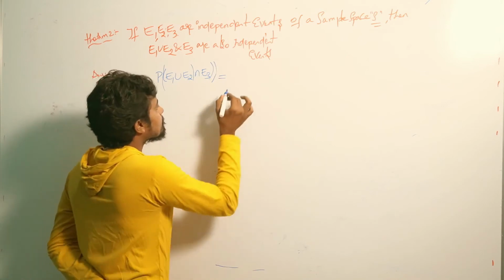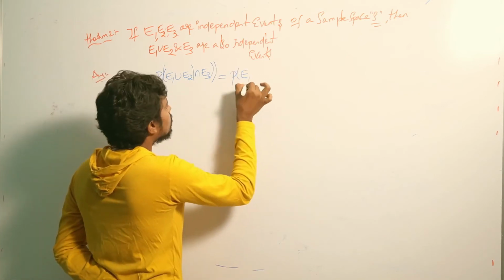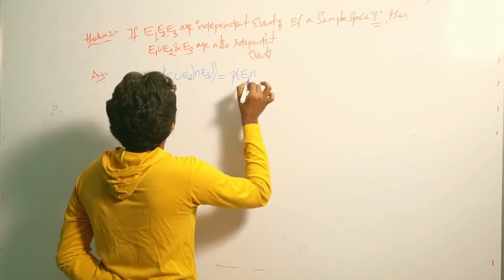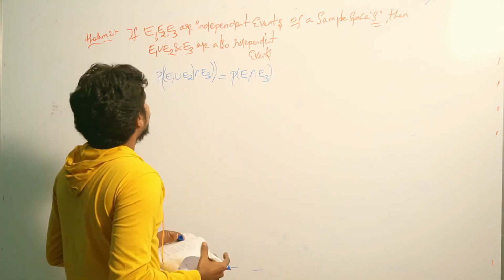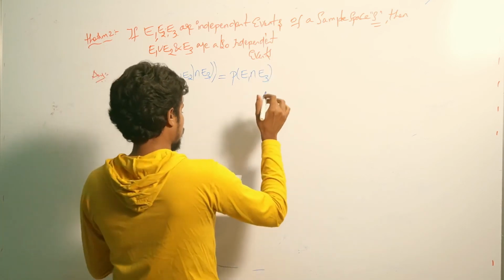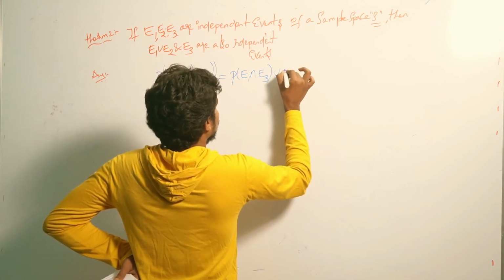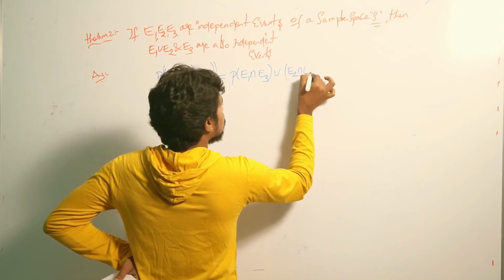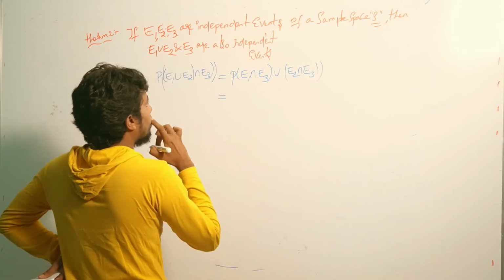This will be the P of E1 intersection E3 union E2 intersection E3, and